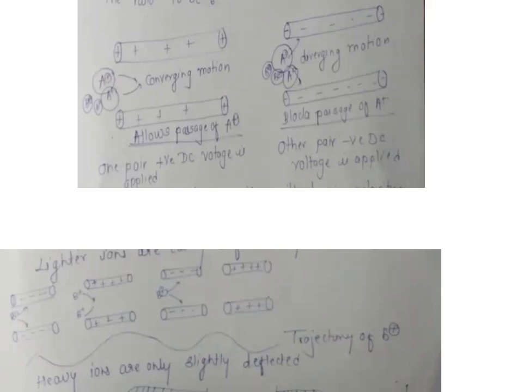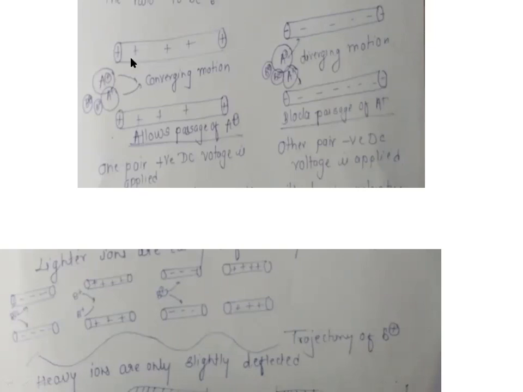Here we can see that on one pair of rods, we are applying a positive DC voltage, while on the second pair, facing opposite, we are going to apply a negative DC voltage. Now this is a positive DC voltage. The polarity doesn't change. If we are applying a positive potential, it is going to remain positive. While on the other pair, if you have applied a negative potential, it's going to remain negative. We are not going to change this polarity.